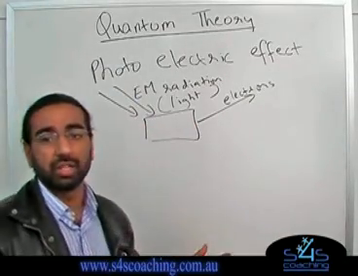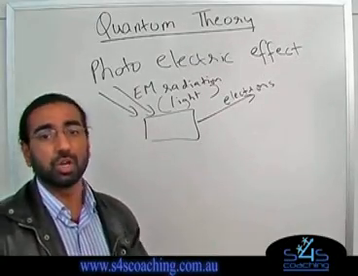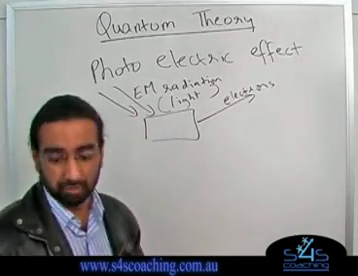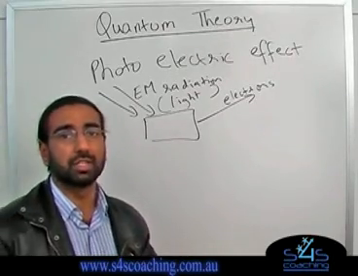The classical theory of light, in which light was considered to be a wave, could not actually explain all the effects of the photoelectric principle. So Einstein actually said that light